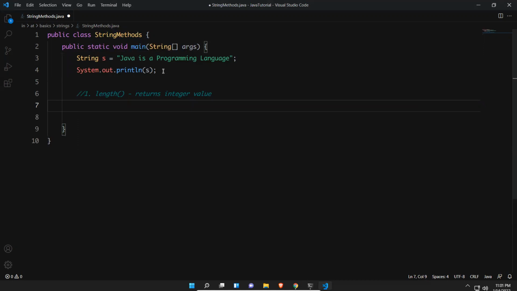So now for this, I'll try to print. How will it be? s dot, and you have one of the methods called length. As string is an object, you have so many methods in string. So s.length will print the length of my string. How many can you count? 1, 2, 3, 4, and the space also counts in a string. If you have a space in between double quotes, even if you did not write anything, just an empty space is also considered a character.